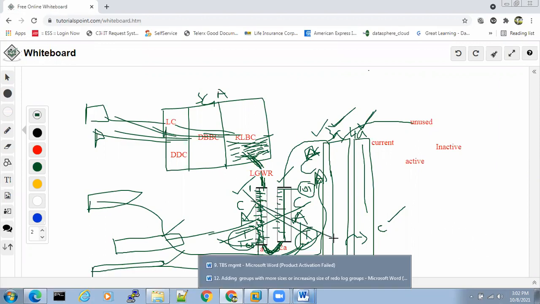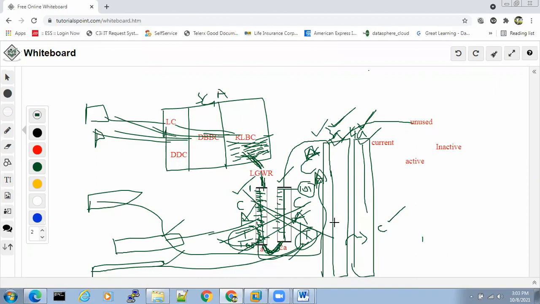Now, once we drop, what happens? We have only two redo log groups, 3A and 4A, with the size 100 MB, 100 MB. That is the solution, not resizing. We cannot resize, but we can add two more redo log groups and drop the old groups when they become inactive. Understand the practical, the theory part?